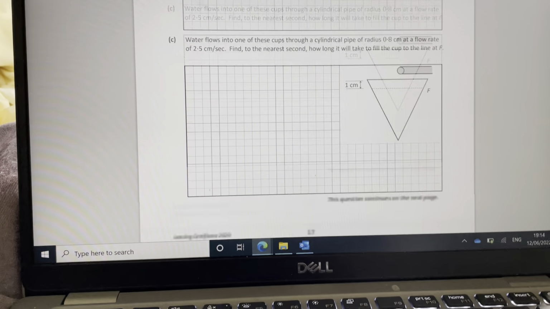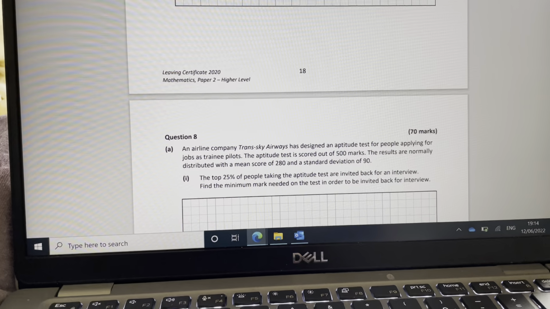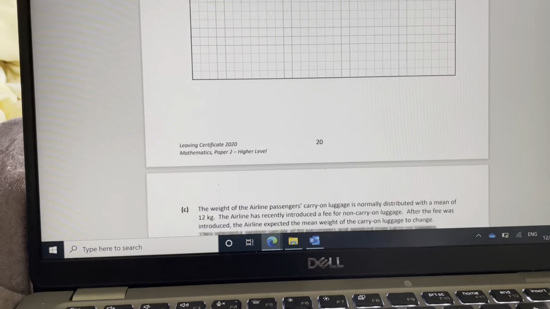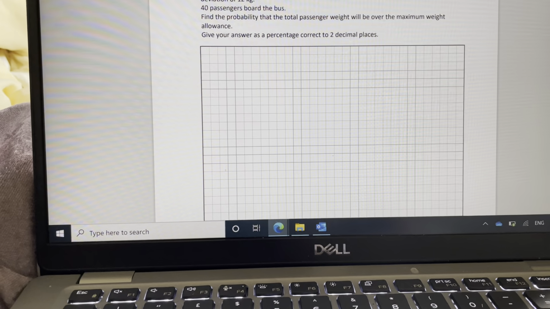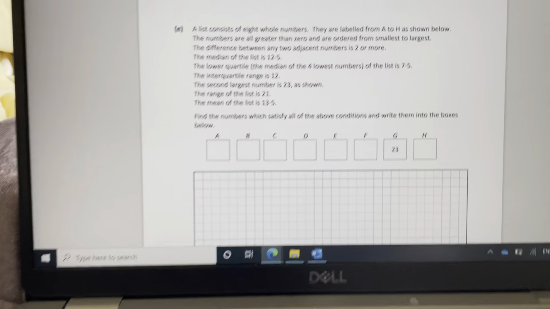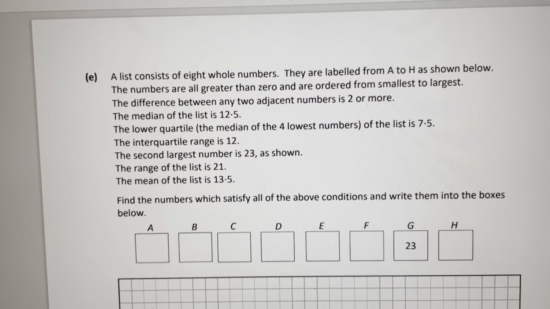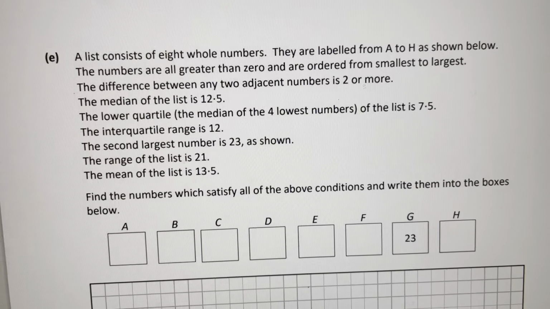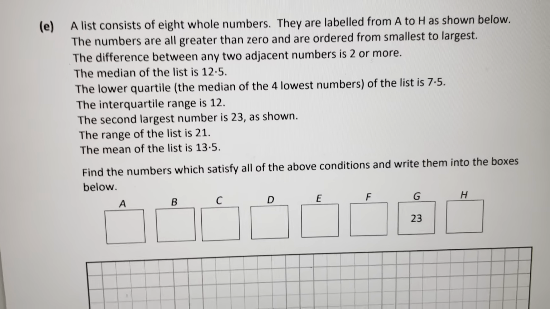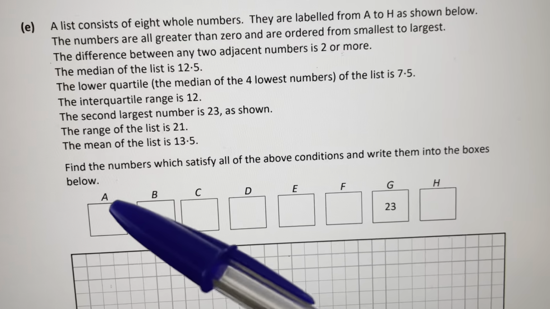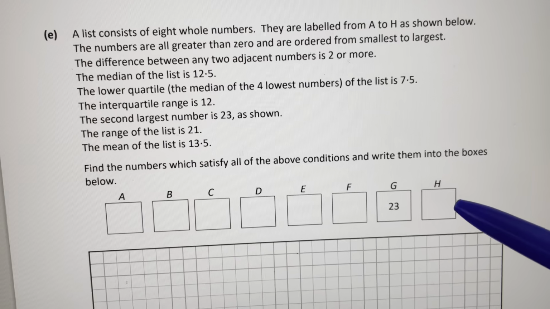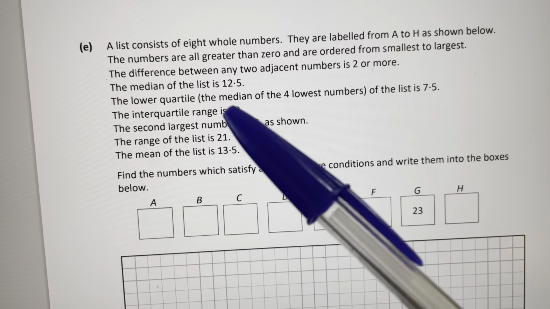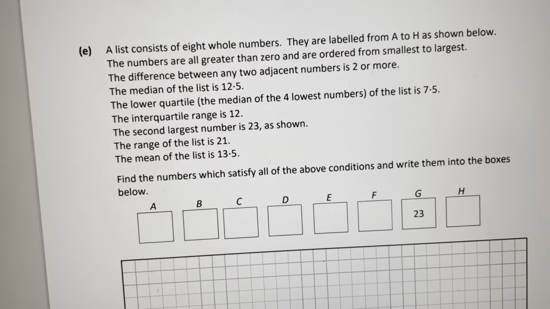Now let's have a look at, there was an interesting one here. Yeah, this is a nice one here. It's dealing with median, range, interquartile range and stuff like that. A lot of that is from the junior cert, but it's good to remember it. It's an interesting question. Basically it's like a little puzzle from A to H. Okay, so how do we do it? So we're going to do